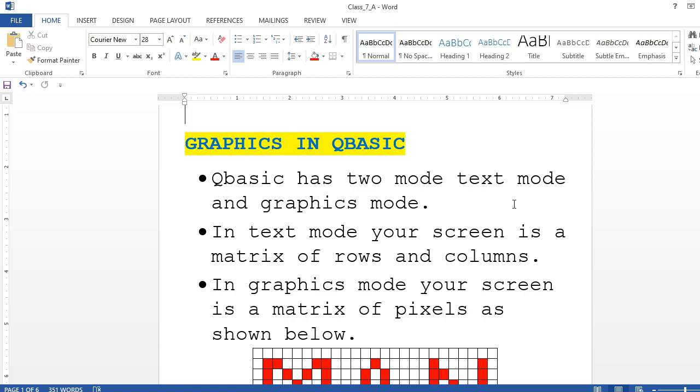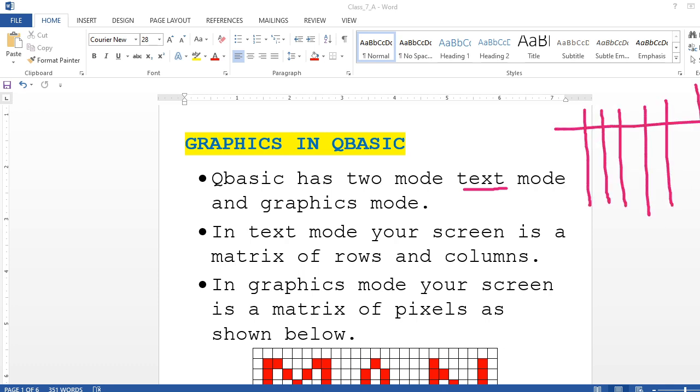Let me explain it to you. Text mode is where we are going to write the text only, and your screen consists of columns and rows like this. Let's suppose I'm writing here a print command.